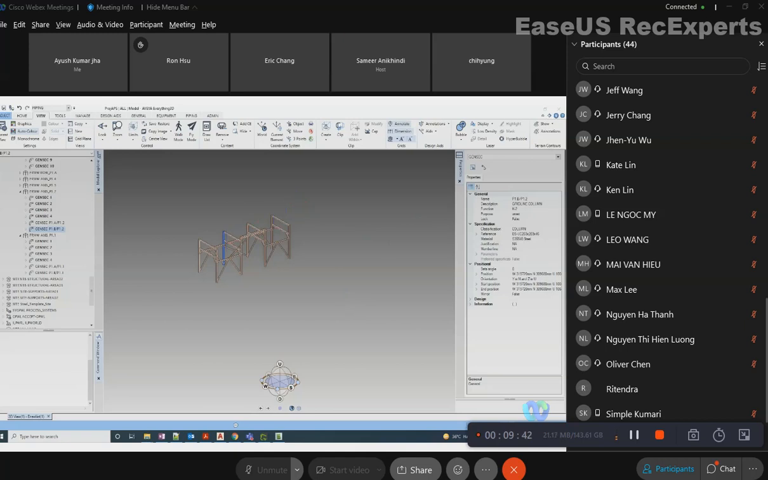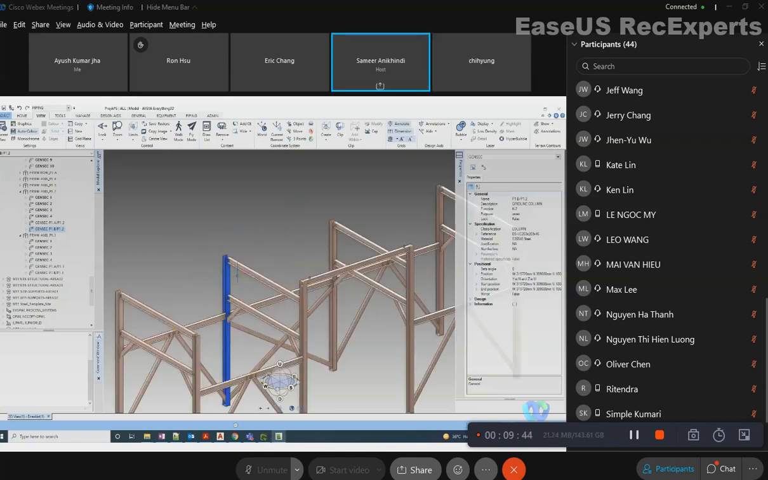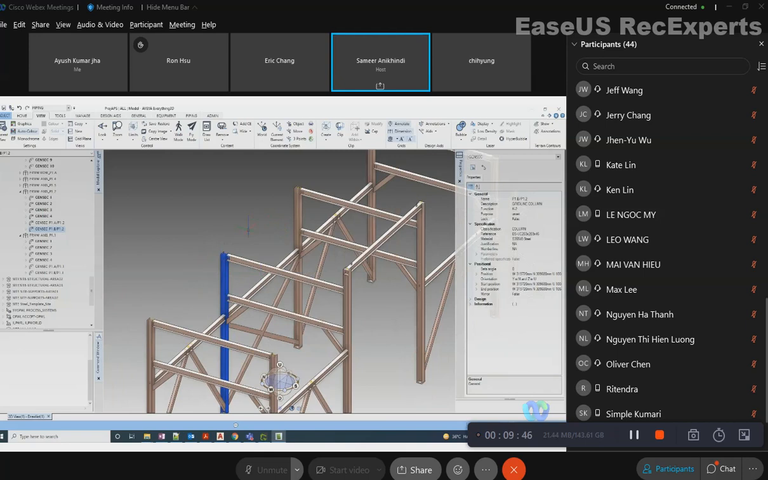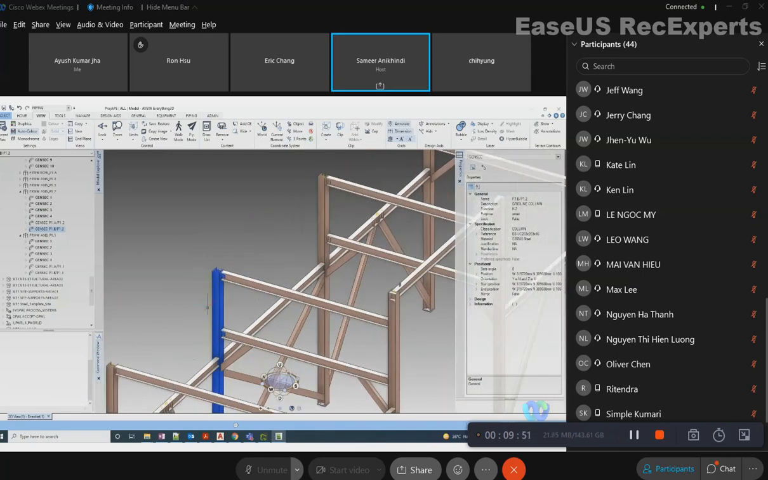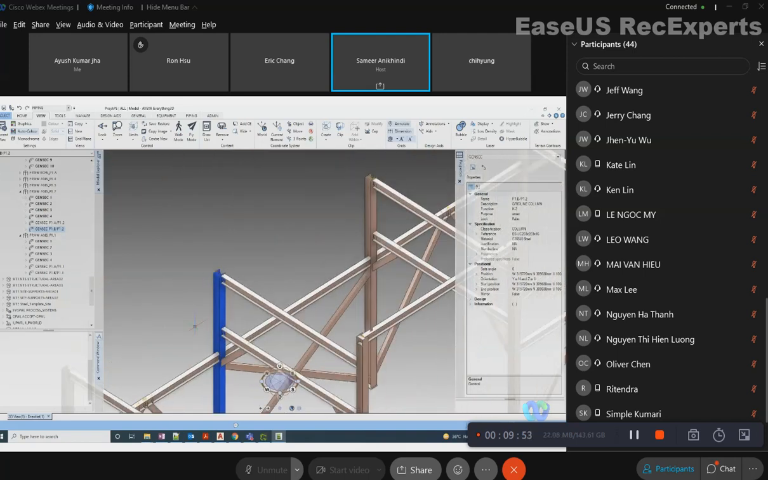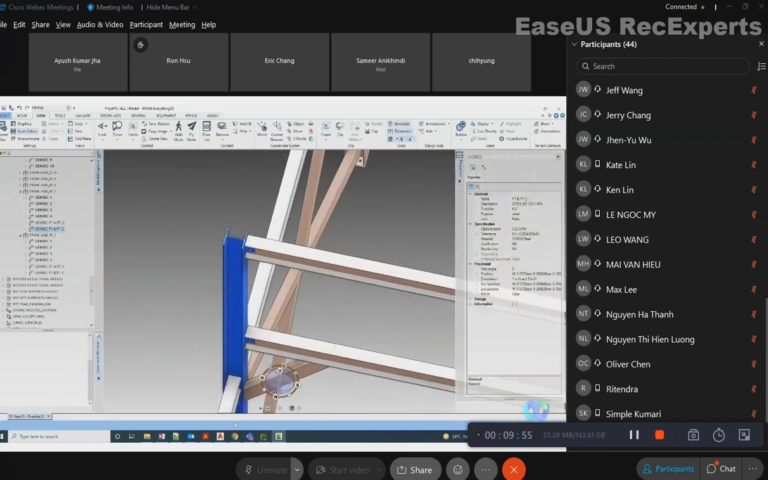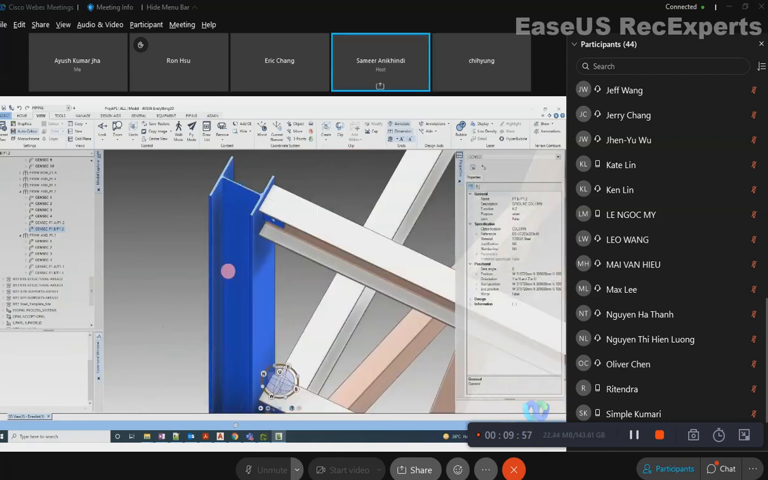So once we have assigned the material, the density of that material will be multiplied by the volume of these individual beams and columns, and a value will be obtained for the